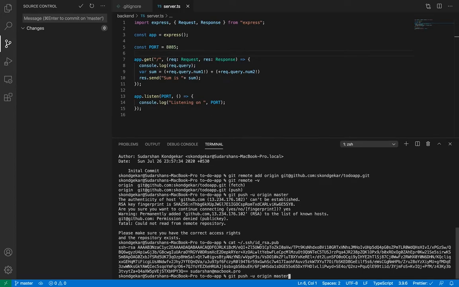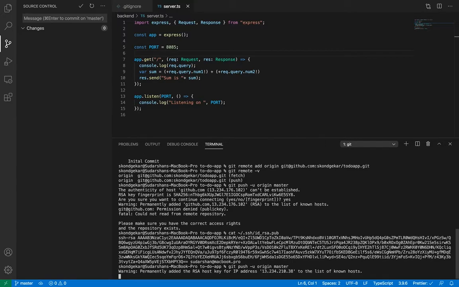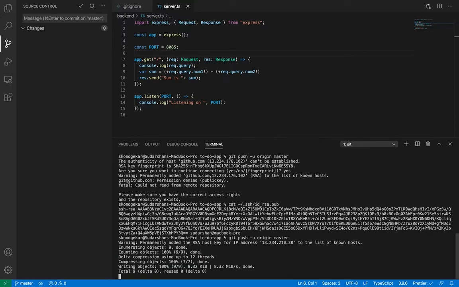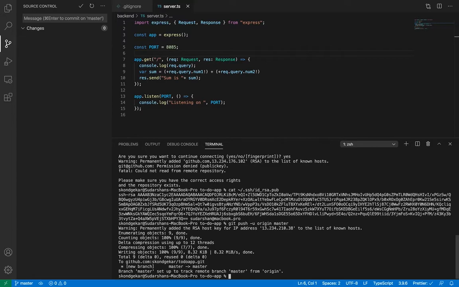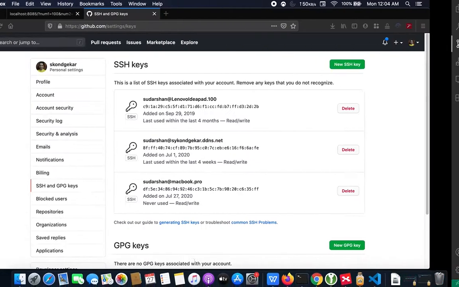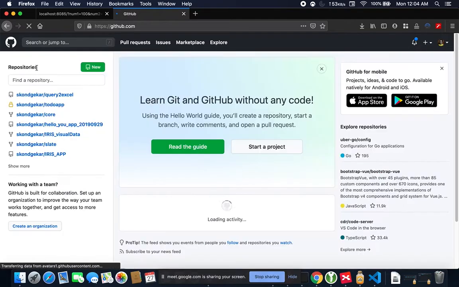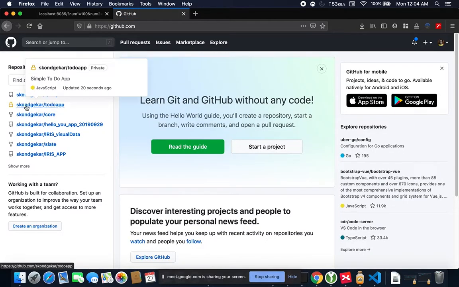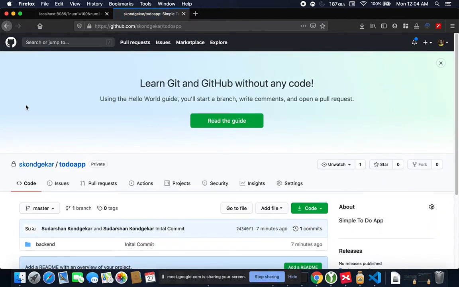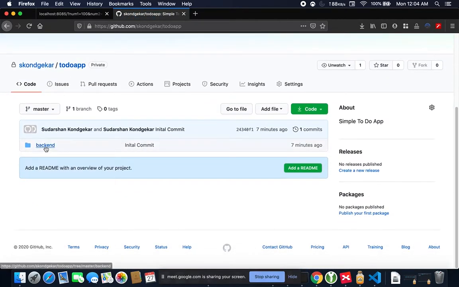So let's do it. Git push -u origin master. This time it should be successful. It is showing branch master set up to track remote branch master, and there is no error. If I go to my GitHub account, I will go to my repositories. Let me check where the repository is. Yeah, here I will see my to-do app repository, and I will see my folder backend